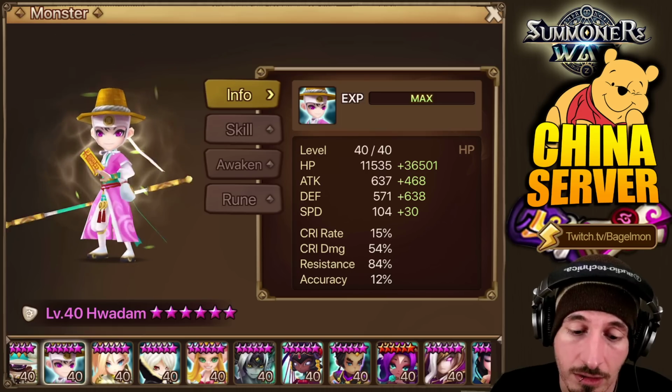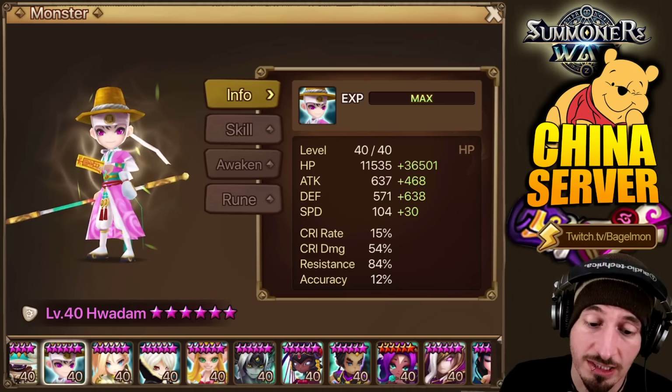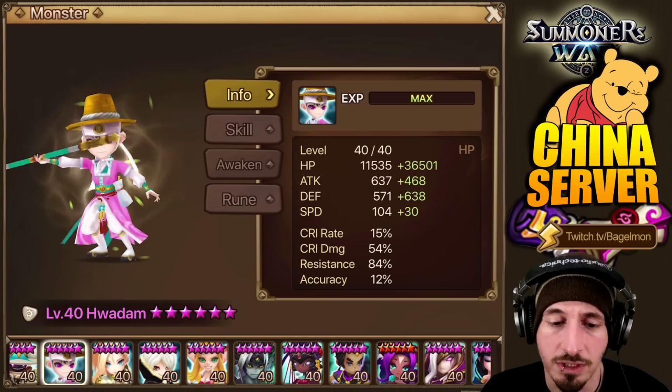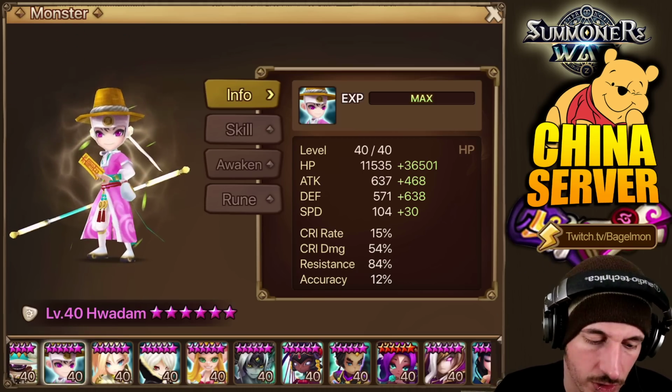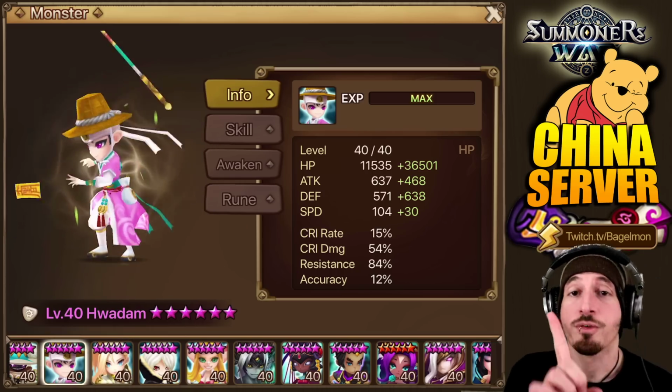Usually you find him with tons and tons of HP, good resistance because people will try to target him first, and then defense as well. You don't have to go too crazy on the speed, though. And Huadam is actually... fun fact...